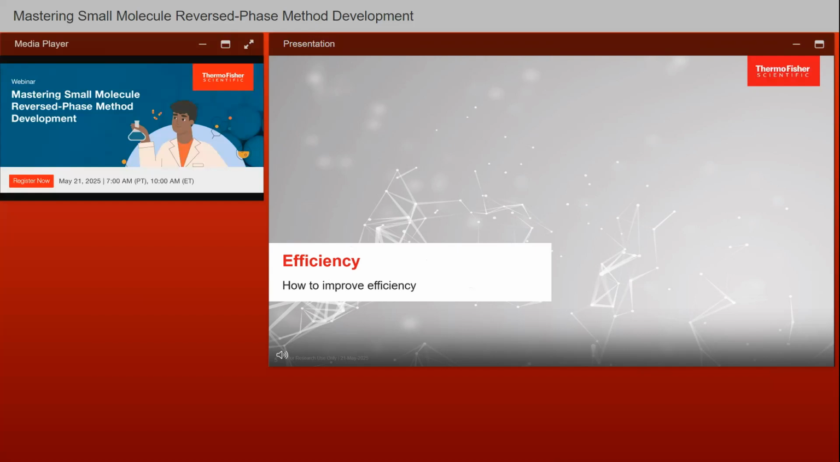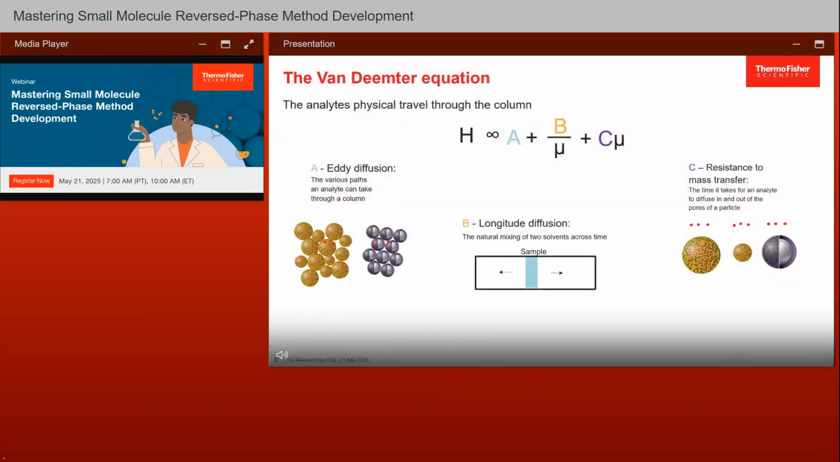Efficiency is one of the key parameters in chromatography. In the next few slides, I'll be going over certain parameters that would have an impact on the column efficiency and how we can improve the efficiency of our methods. How is column efficiency measured? Here we have the Van Deemter equation, which is derived from three factors, A, B, and C, which contribute to